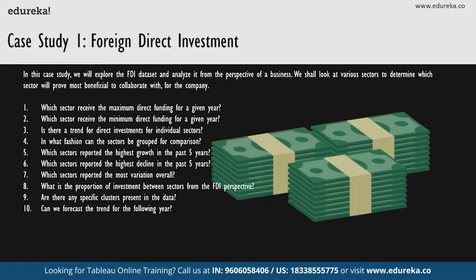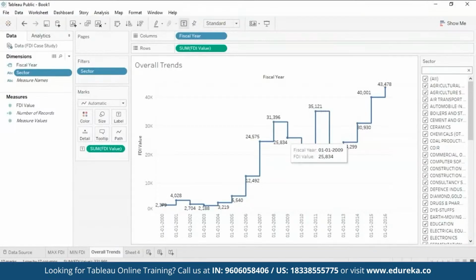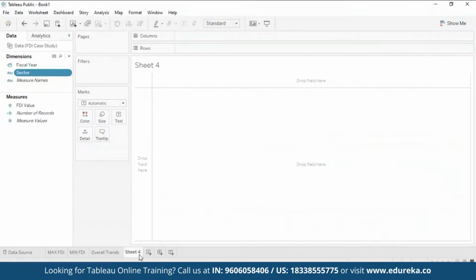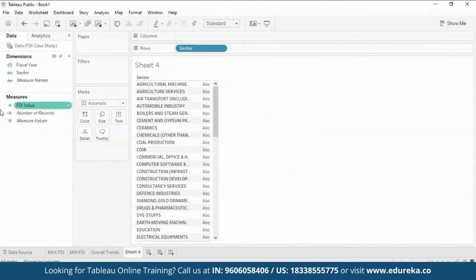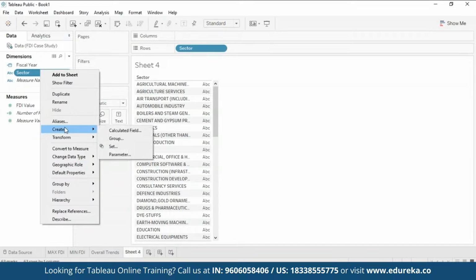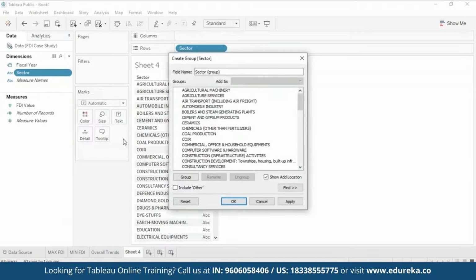So the next actionable item is to group certain sectors together based on similarities. So I'm going to go on to sheet 4 and I'm going to get all sectors here. If I right click on the sector pill in the dimensions, you can see the create option where you get options like calculated field, groups, and sets. I'm going to create a group, and here I'm going to find similar looking groups and group them into a single group. So I'm going to group agricultural machinery and